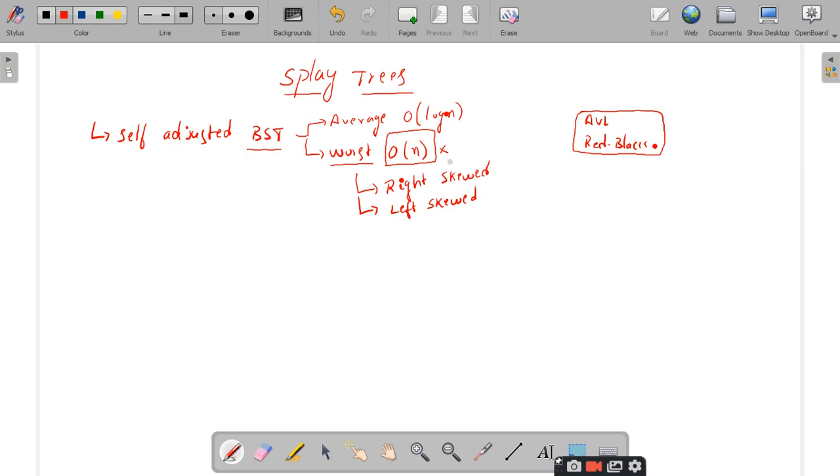After identifying this problem, they went through different discussions and identified that we need to balance the height of the binary search tree in order to have optimized time complexity, which is big O of log n.